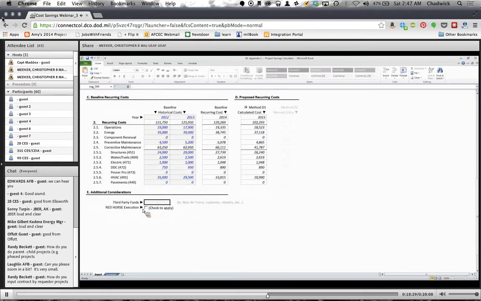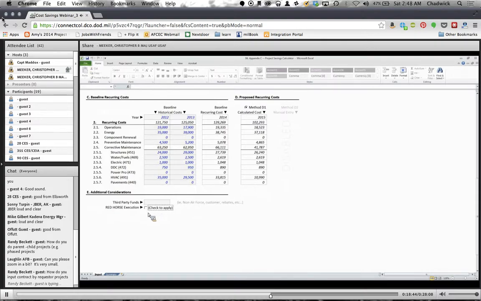And then the last one is Red Horse execution. Simply, if you're executing via Red Horse, go ahead and check this. And what that's doing is calculating the savings. So we know from historical data that it's typically close to 20% cheaper to execute through Red Horse than by a contract. So we want to be able to capture those savings if we're using Red Horse as our execution